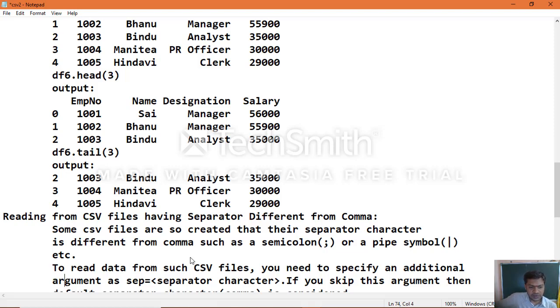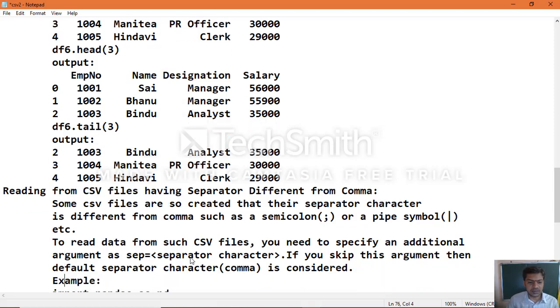How can you do that? Some CSV files are created so that their separator character is different from comma, such as a semicolon or a pipe symbol, the at sign, and so on. Then how can you read the data from such a CSV file? Yes, we will be able to read that.